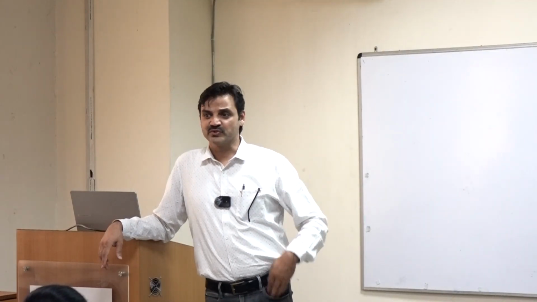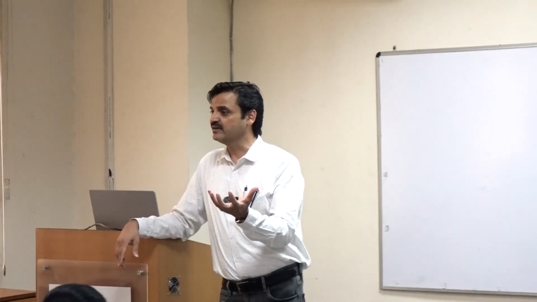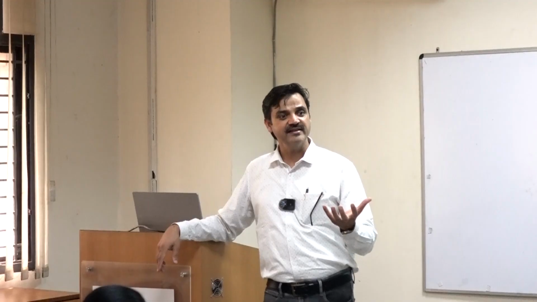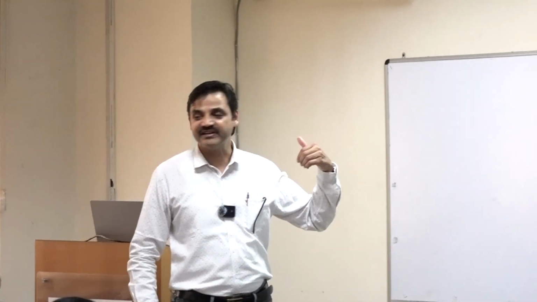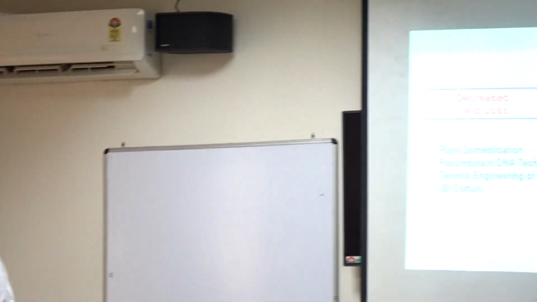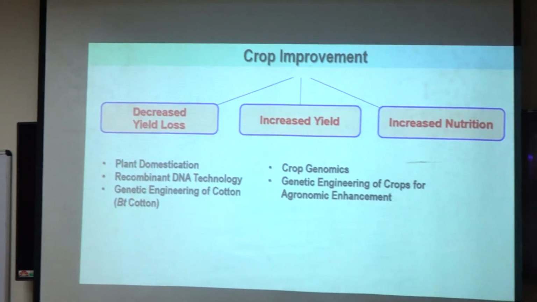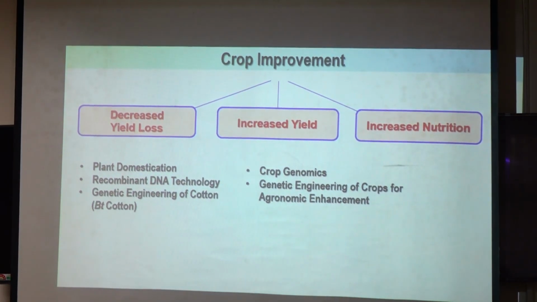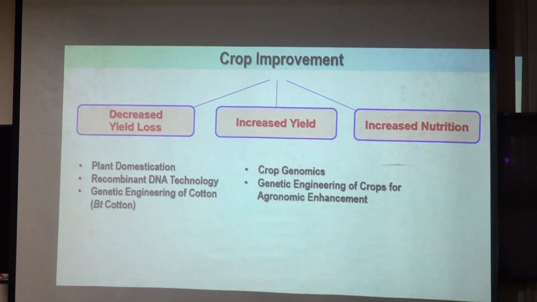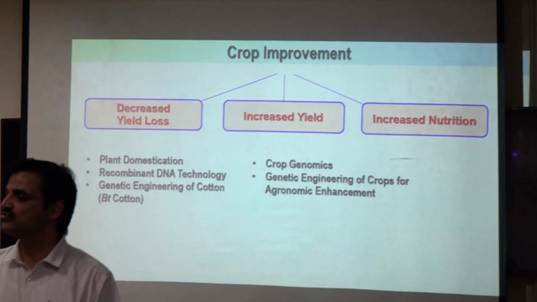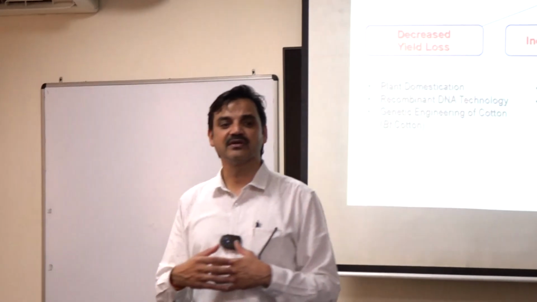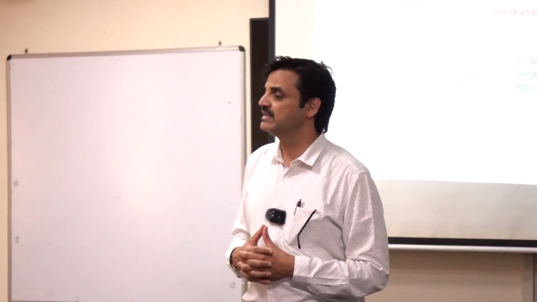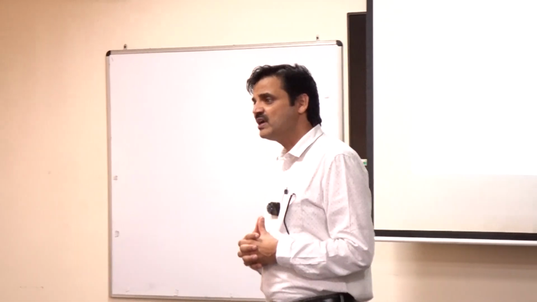So when you talk about those challenges, as I was talking about, you need to improve it. In the given agri area, you need to produce more, and if that is the case, you have different areas that you need to work upon. I have highlighted 3 major areas. The first area is that whenever produce is being made in the field, let's say we are using wheat, rice, or tomato or barley, whatever is being produced by the plant, you don't harvest 100%, right?